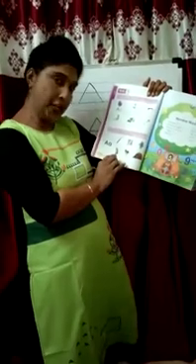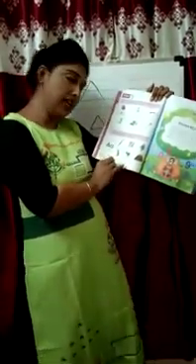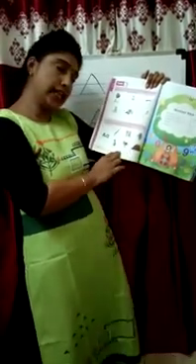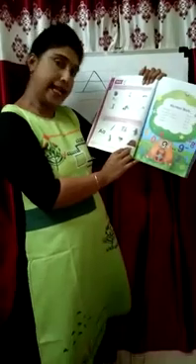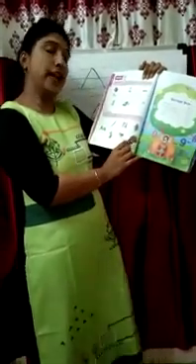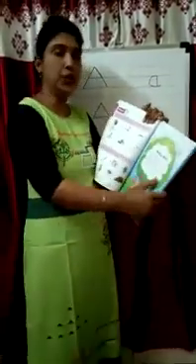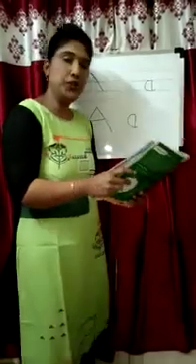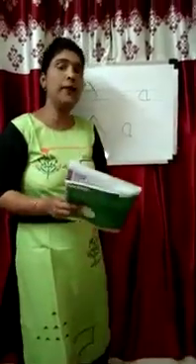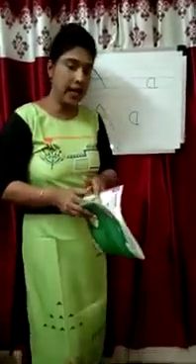A for cat? No. This is a wrong answer. A for dog? No. This is a wrong answer. So you just cross it. And A for anthill? Yes. A for anthill is the right answer. So kids, you just revise your lesson at home. Okay, you just do practice more and more, alphabet and start.